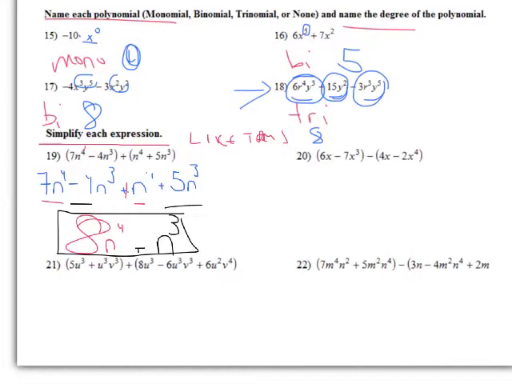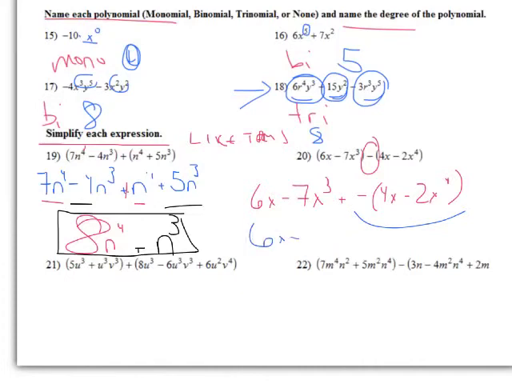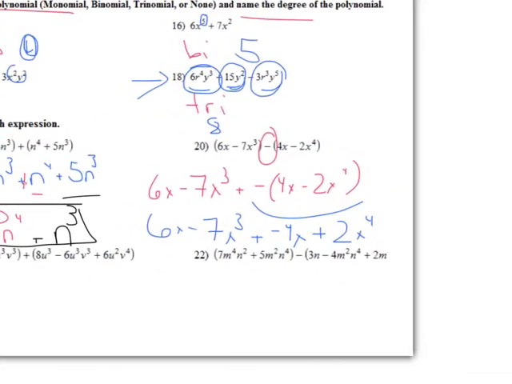For the next one, I'll go ahead and notice this negative. That means I have 6x minus 7x cubed plus negative 4x minus 2x to the 4th, which means that I can just do the additive inverse here. So I have 6x minus 7x cubed plus negative 4x, and then a negative distributed is going to be positive 2x to the 4th, which means that